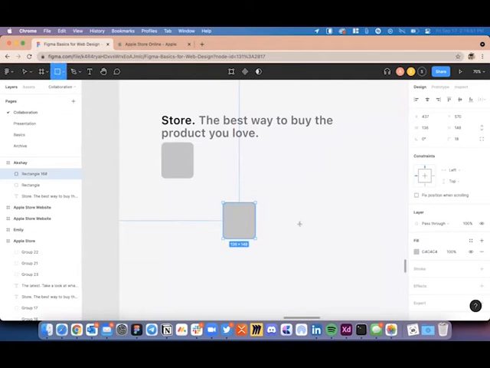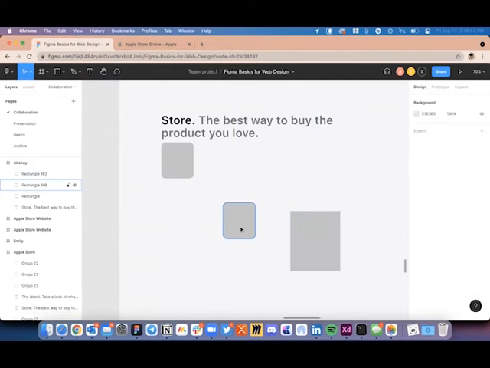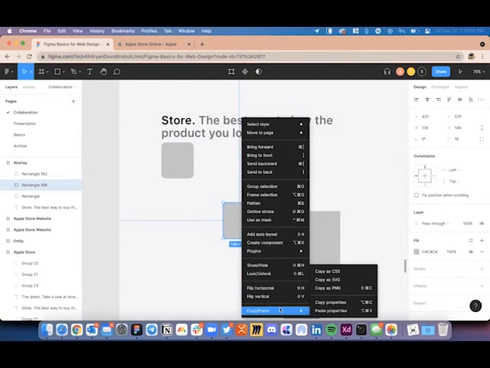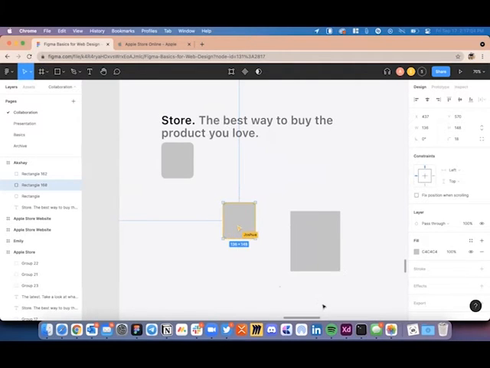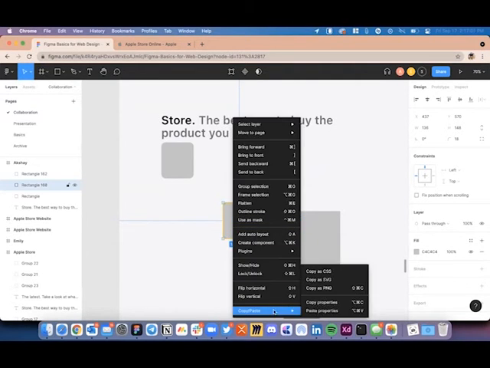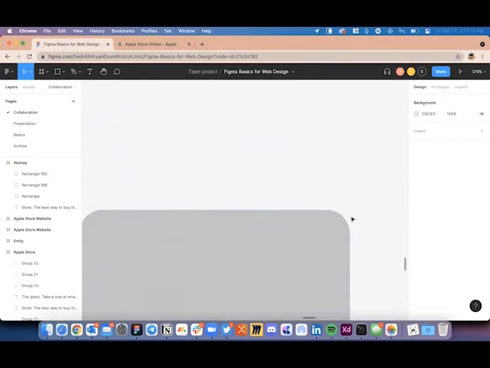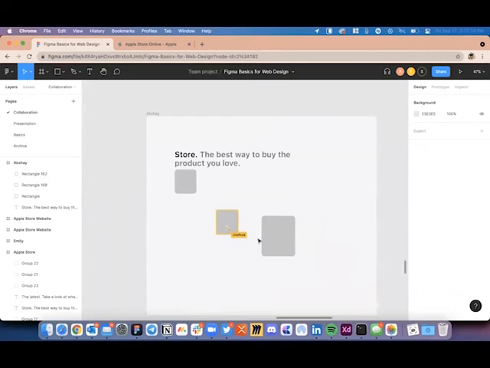As you saw, I just created a rectangle. There's also one more thing about Figma: if you right click on a specific object, it not only allows you to copy paste that object, it also allows you to copy the properties of that object. So when I right click it, I say copy properties, and I paste it on some other object, you'll see that it has automatically used the same rounded corners for me.